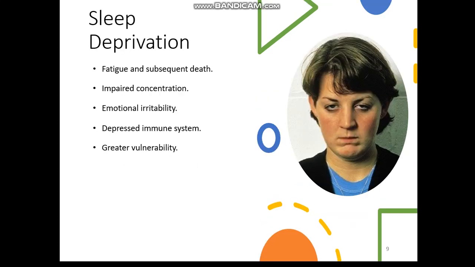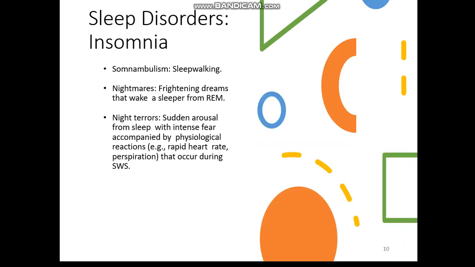Sleep deprivation: fatigue and subsequent death, impaired concentration, emotional irritability, depressed immune system, greater vulnerability. Sleep disorders. The first one is insomnia. Insomnia is difficulty sleeping. And the second is